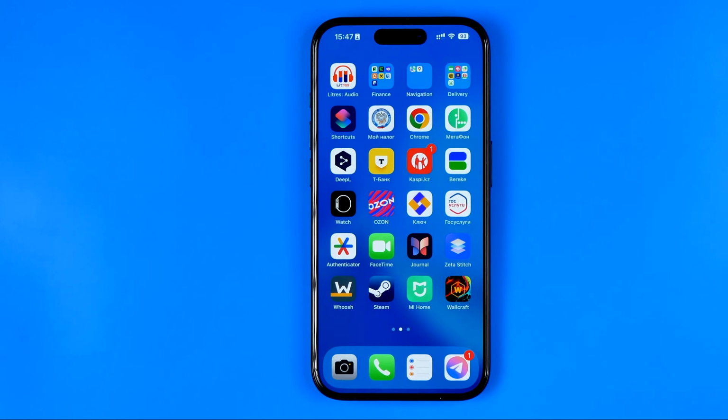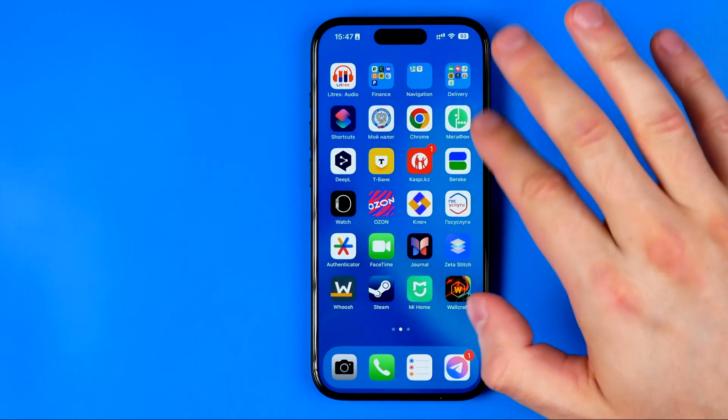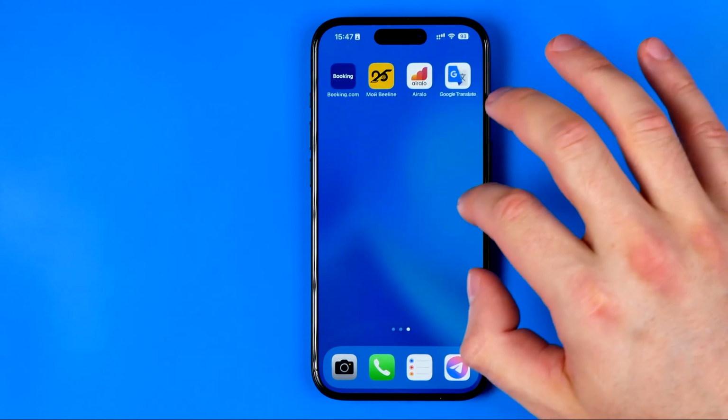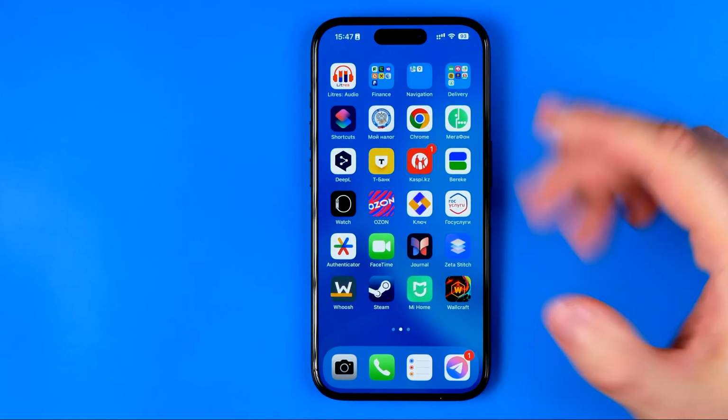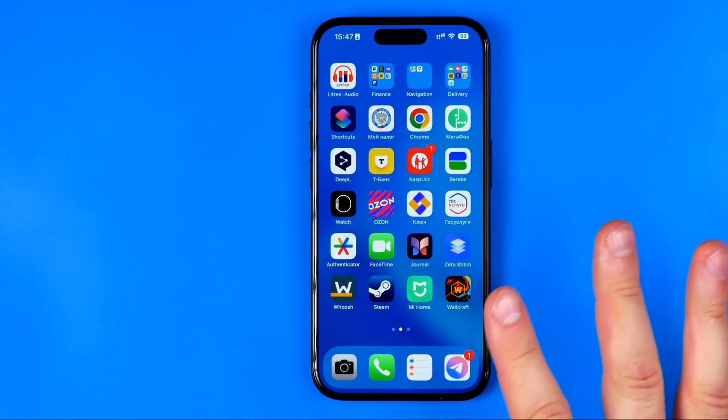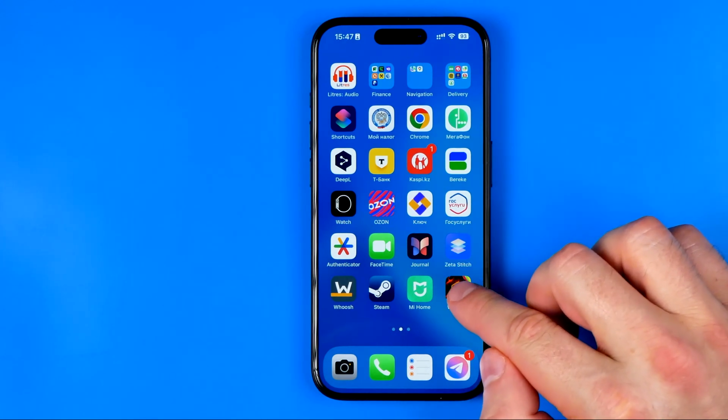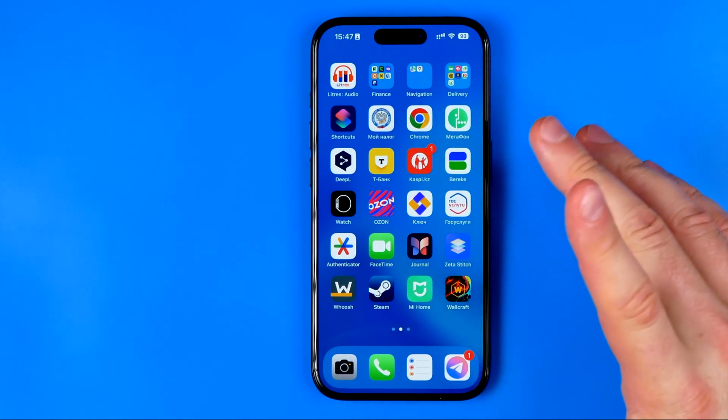In this video, I'm going to show you a simple trick how to transfer several applications to another home screen at once. So guys, normally in order to transfer one particular app to another home screen, what we need to